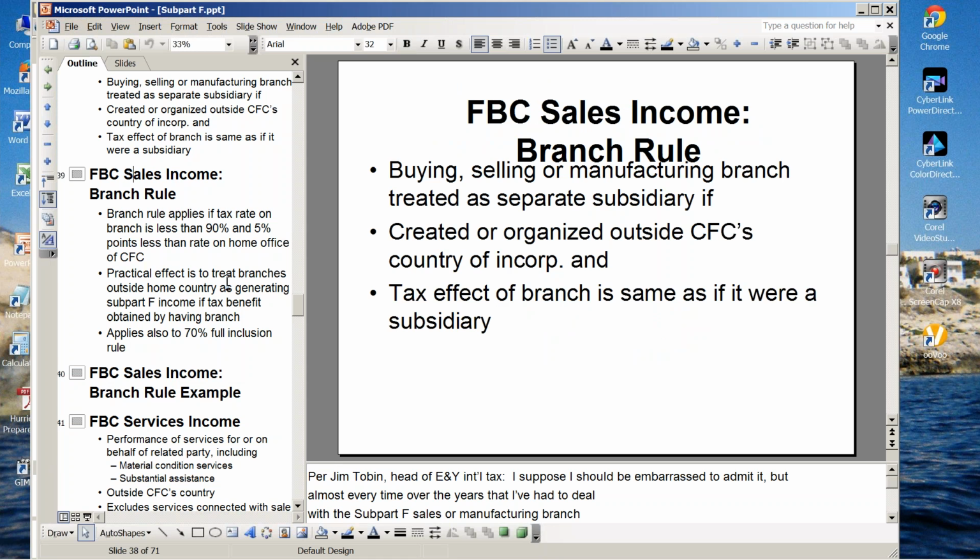And you say, well, wait a minute. I mean, they're doing stuff all the time. You could effectively do that. Well, these civil law countries have these very formalistic rules as to when the branch is remitting profits to the home country. It's almost as if it were a separate subsidiary and had to declare a dividend. So tax effect is the same as if it were a subsidiary,